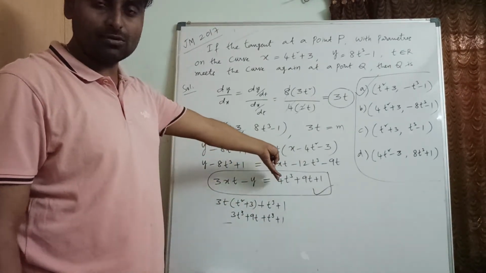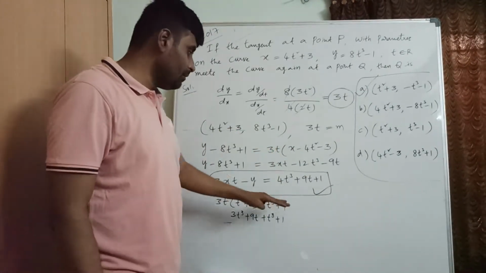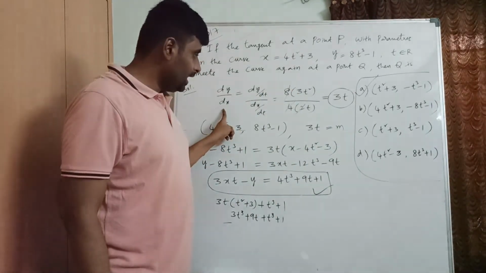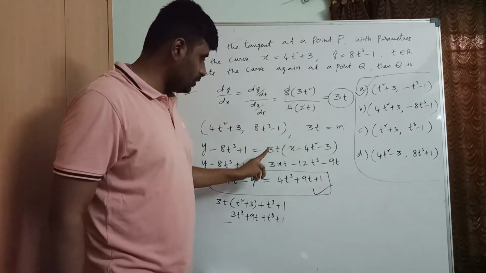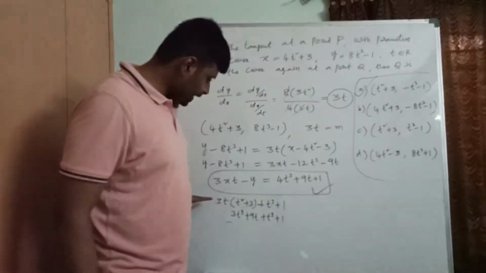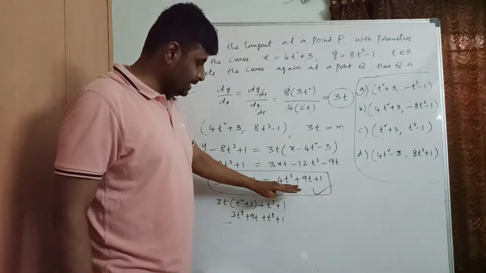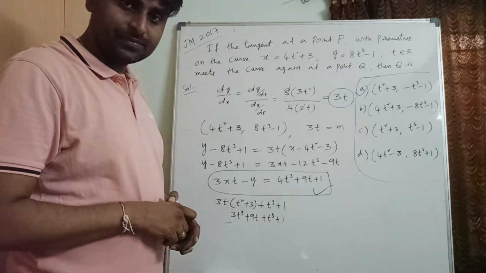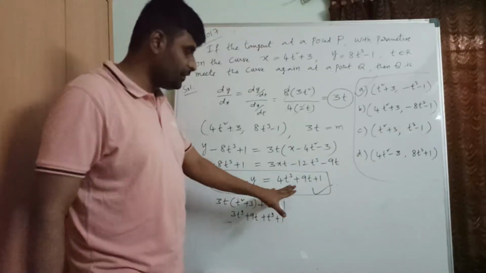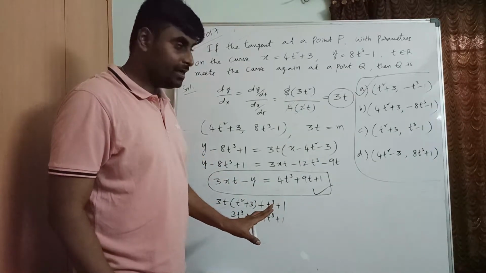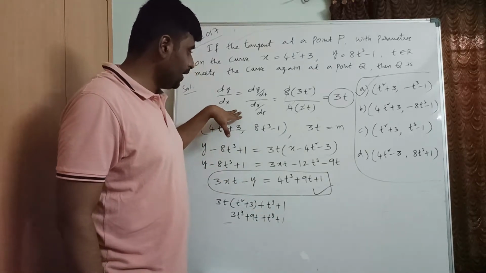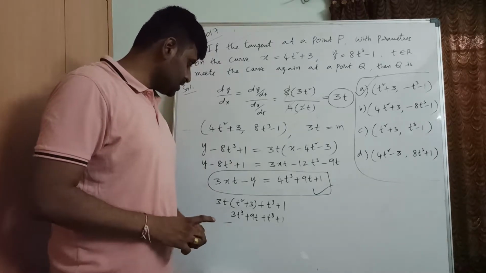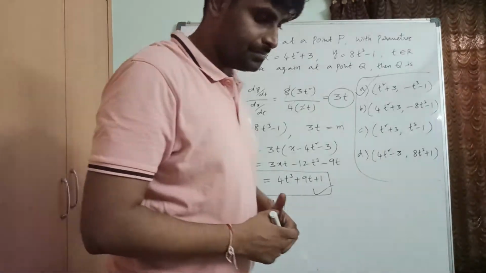So make it easy. Don't make it lengthy. We have to solve in maximum and minimum time. First, quickly find dy by dx, take that as the slope, take this as the point, and find the equation of the one line which is the tangent. Finally we'll go for verifying the option. So every activity should be done fast. That's it. We should avoid writing each and every step. Hope you understood. Pause the video, make a note of it.